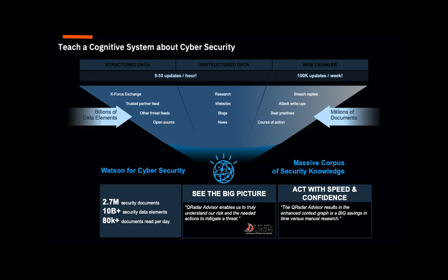I would expect, as we continue to mature, Watson for cybersecurity has only been around for, I would say, 18 months or so. I would think pretty soon, as we start shifting more of our focus to cloud, because that's where organizations and users are shifting, that we'd start having some cloud APIs. There are other Watsons you can use from IBM for free in our cloud. So there's like Watson